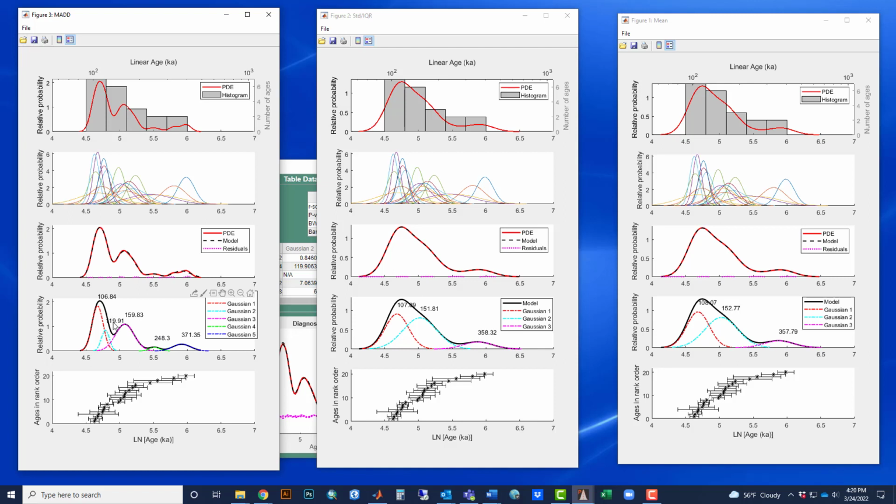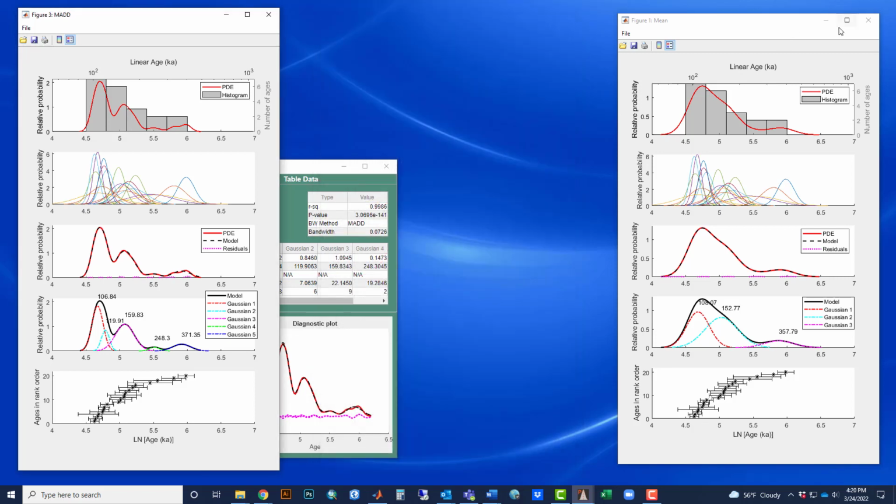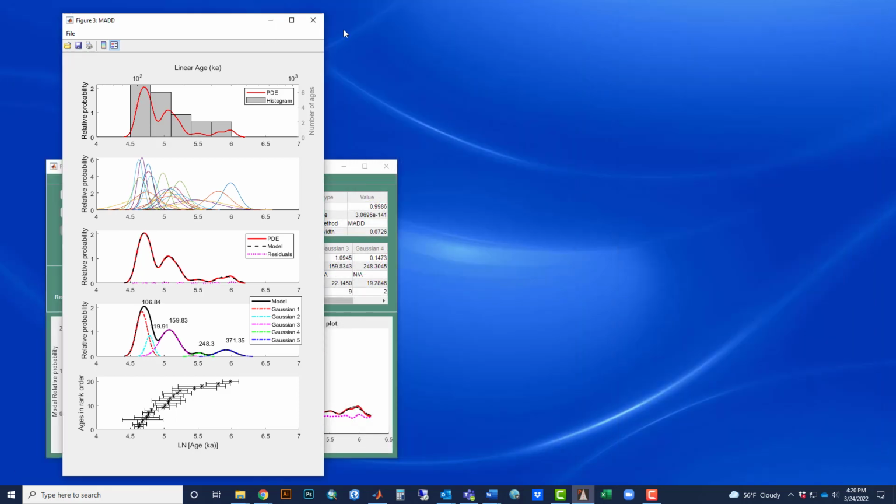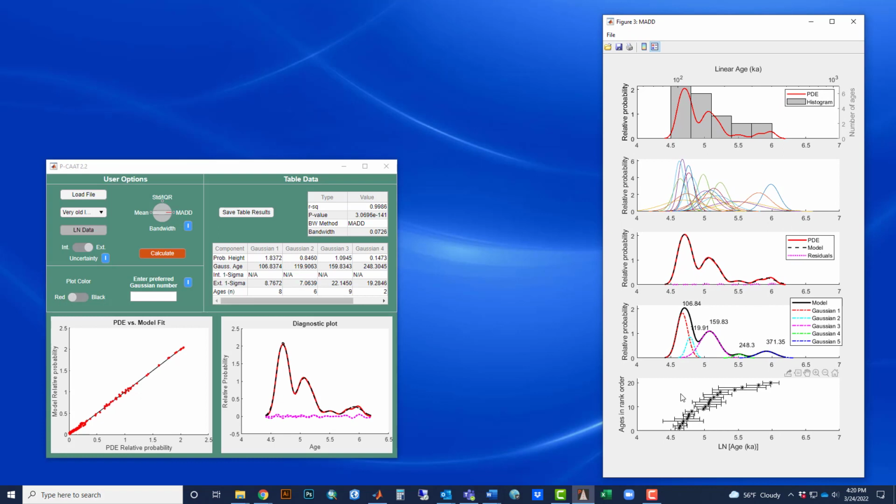This is 106,000 years, 120,000 years effectively. So that still gives you a good idea of where they actually land. But for this very old data set, I would say that this is probably the most reasonable plot. And we're being consistent with our previous interpretations, because if we look at bandwidth,